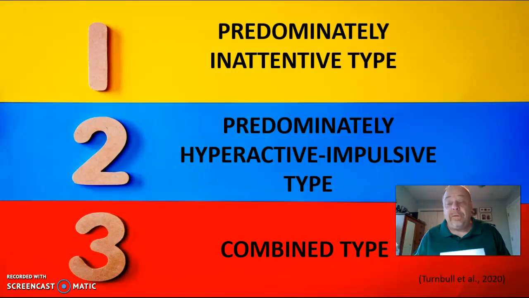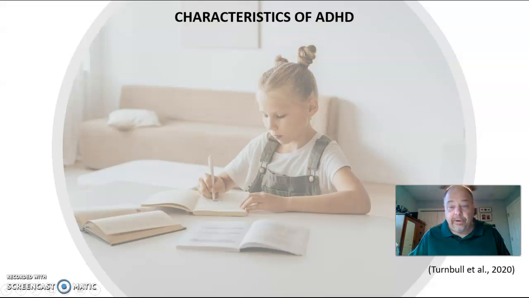Now we jump to the type that we notice immediately, and that is the hyperactive impulsive type. Now those are the people who have problems keeping their hands and feet still. They can't stay in their seat. They will run or jump or climb in inappropriate situations, constantly on the go. They may talk excessively. They may blurt out answers prematurely. They have problems waiting for a turn, and they will interrupt. So that falls into the predominantly hyperactive impulsive type. And then finally, we have those that are combined. You get a little bit of both with number 3.